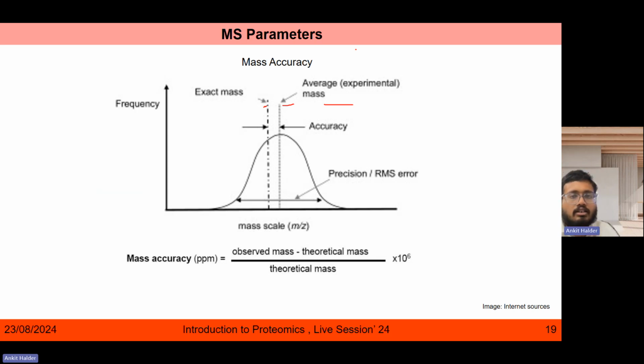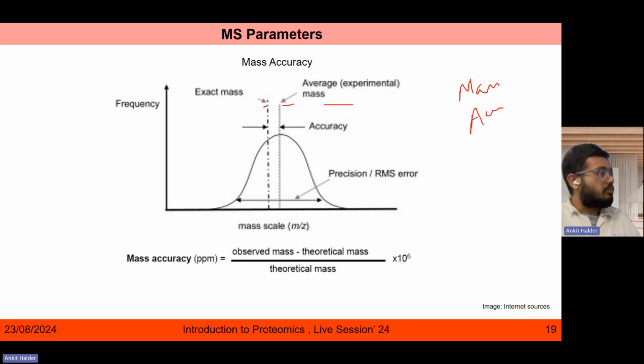Whatever the theoretical mass of a particular peptide or molecule is, we tend not to achieve that exact mass by virtue of the experiment. Rather, there appear to be certain experimental errors because of the sensitivity of detection of the instrument and others, which of course leads to certain changes in the